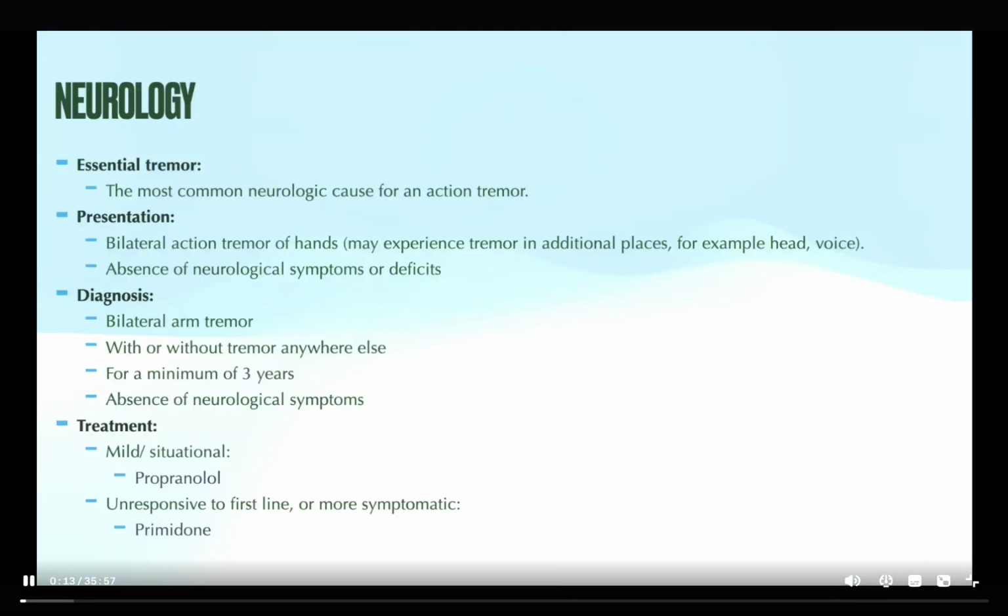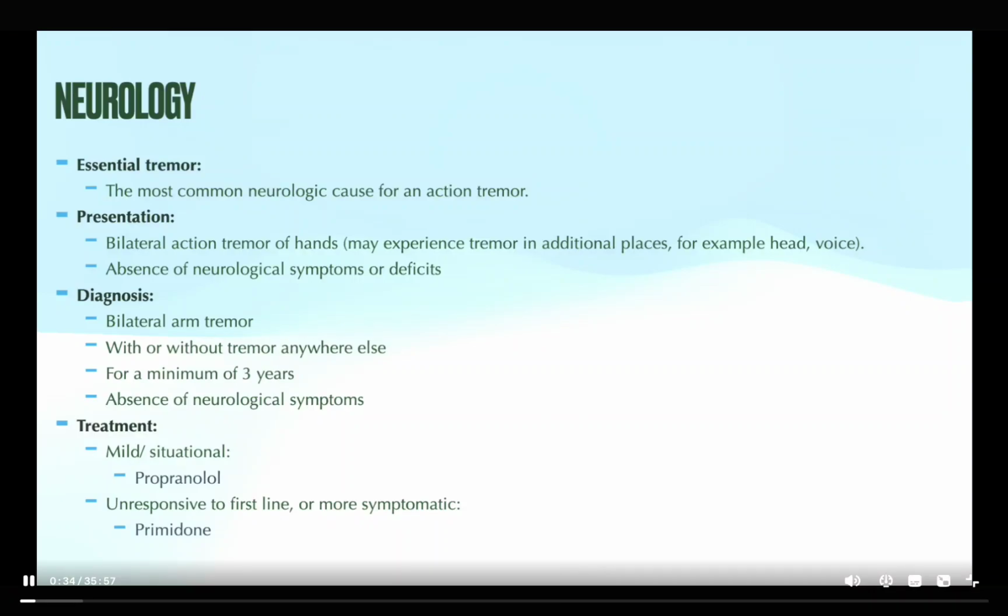All right, so let's start the discussion talking about tremors. It's important to be able to differentiate between a rest tremor and an action tremor. So a rest tremor occurs in a body part that's not being used or at rest. And then an action tremor, it's more common, and this occurs in a body part that is being currently used